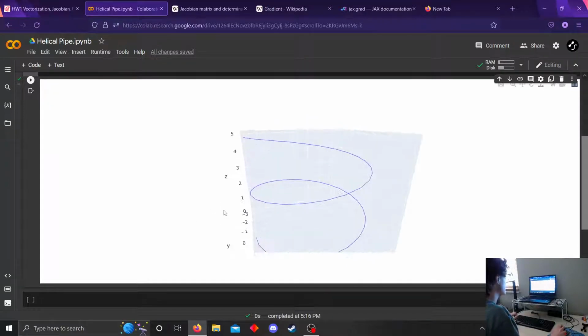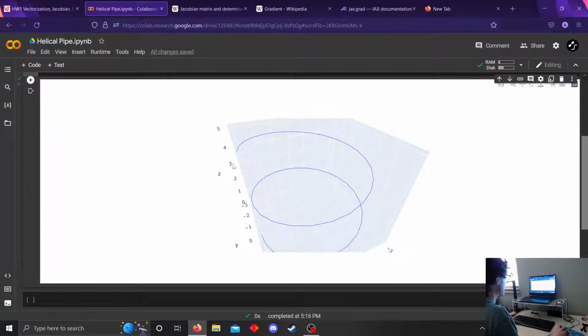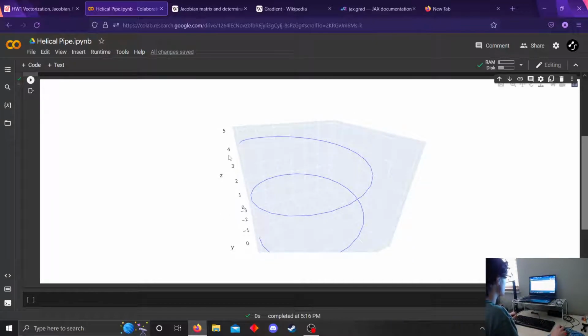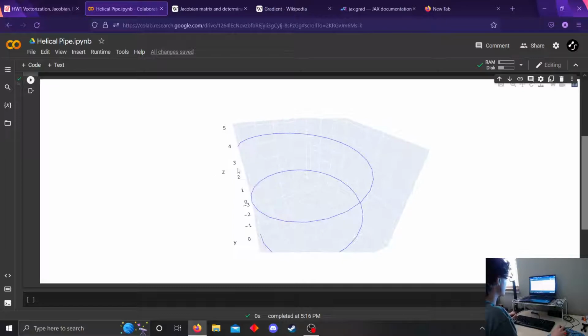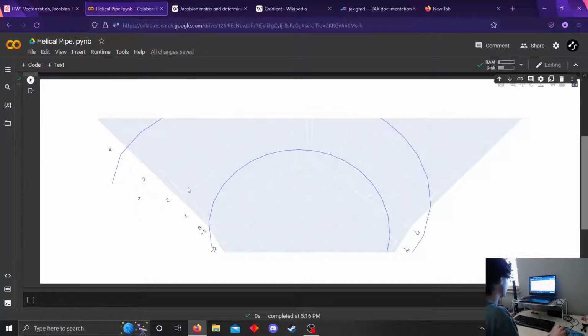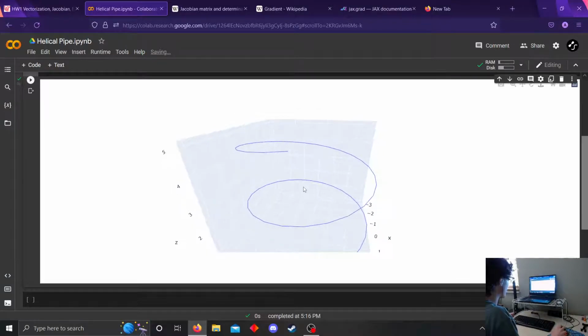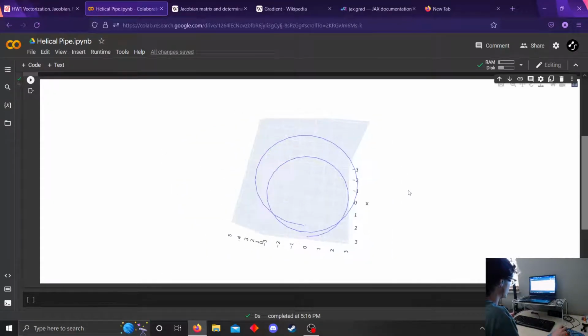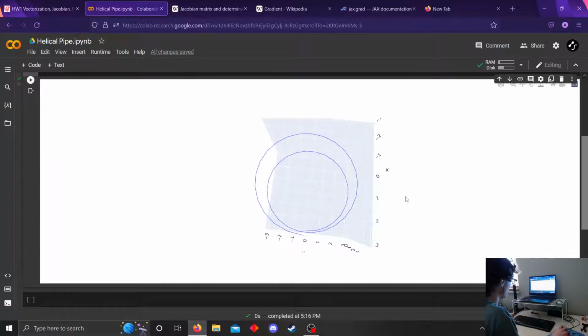So now what we want to do is take any point on the curve, and we want to draw a circle around that point and the circle should be perpendicular to the curve. And we want to do that all along this line in order to make a pipe. So the way that we're going to do that, let's see if I can get a good view here. If we take a point on the circle, so let's say this point right here,